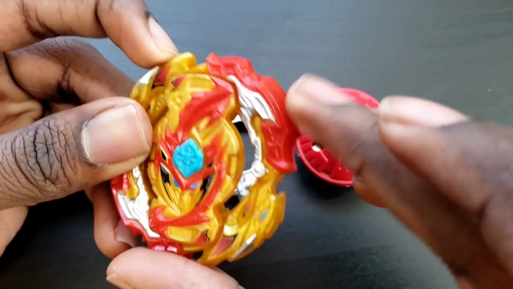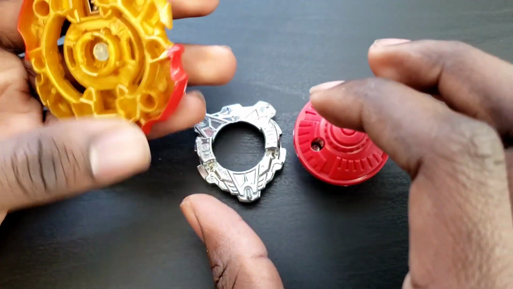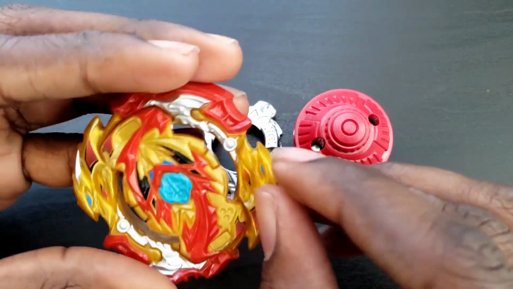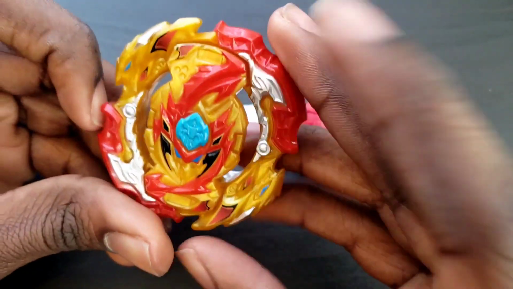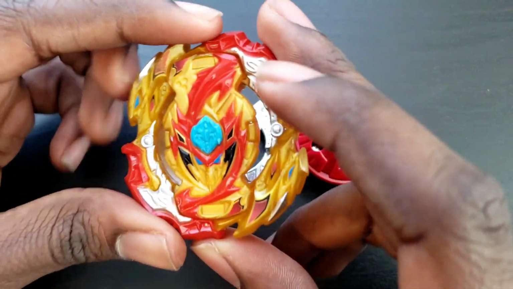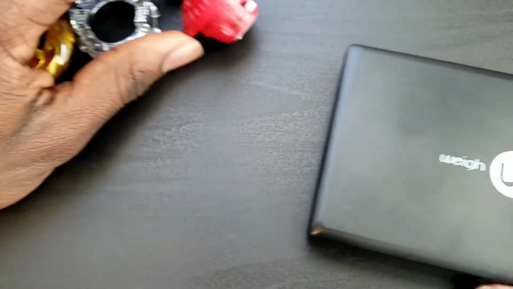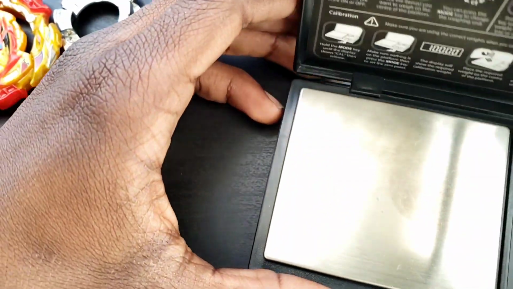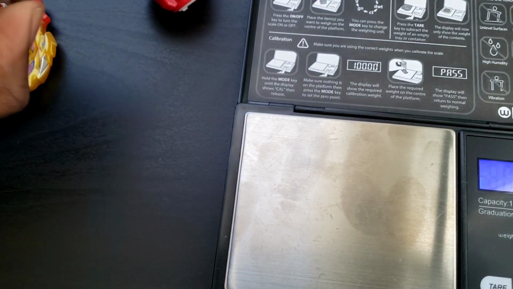Like, this is just so smooth. It brushes off attacks like they're nothing. And it can still get quite a few good hits in, depending on which spin direction. Maybe left is better? Maybe? I don't know, it depends. But I have this scale right here, and before we mess with Dimensional Hypersphere, we gotta find a better disc, so...